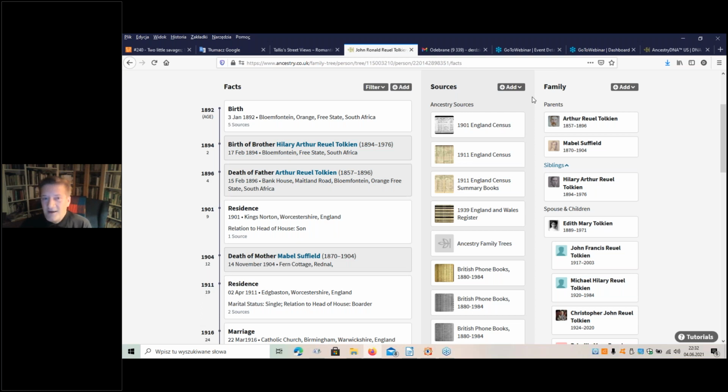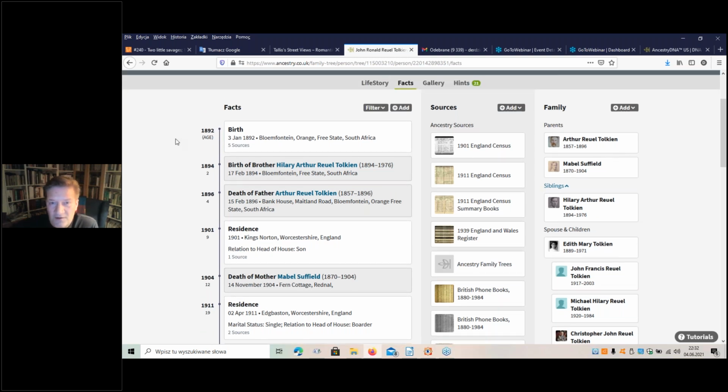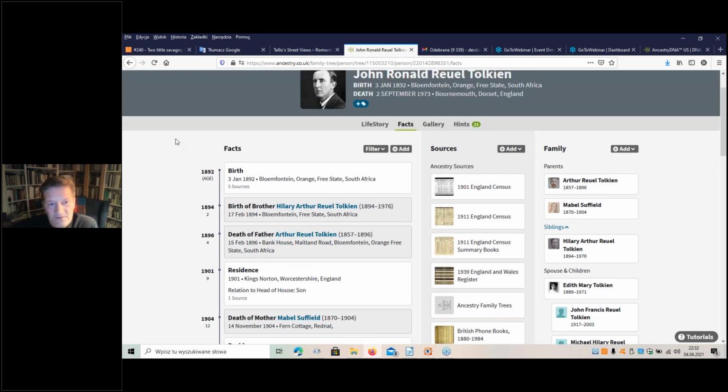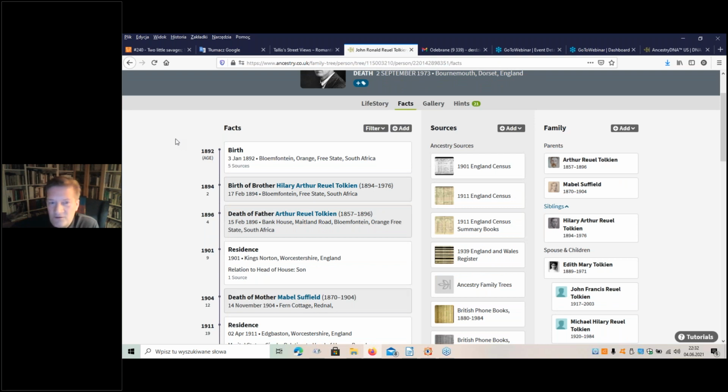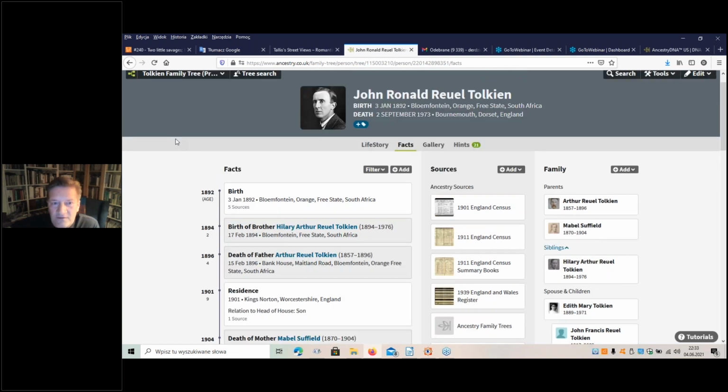So during the baptism of Mabel, Arthur, her future husband, was present as godfather. It's very interesting. I think nobody knew about this before this research, or maybe knew, but it was not known to the public. And we know everything about the life of John Ronald Tolkien, so maybe let us move to Arthur, who is